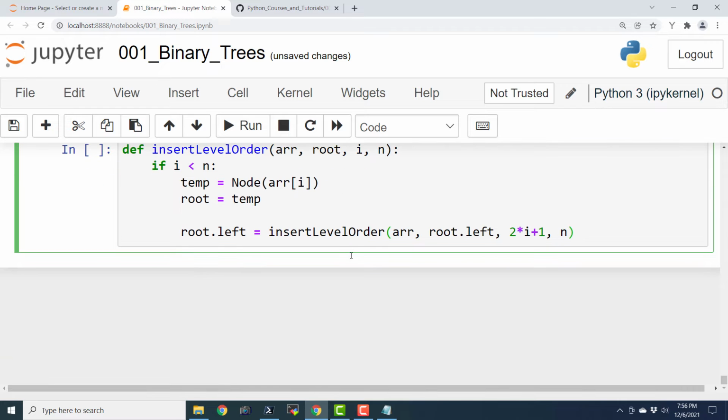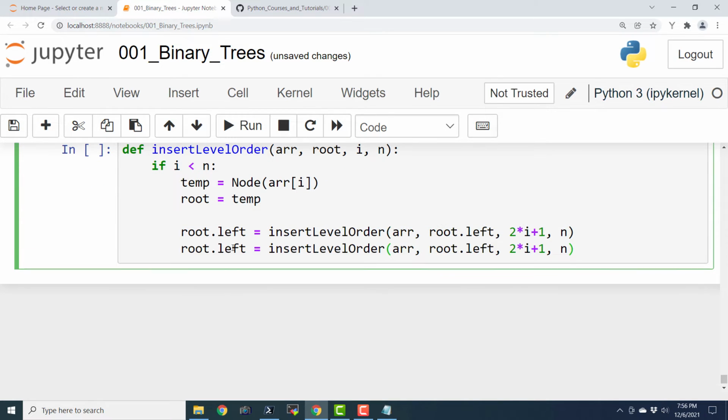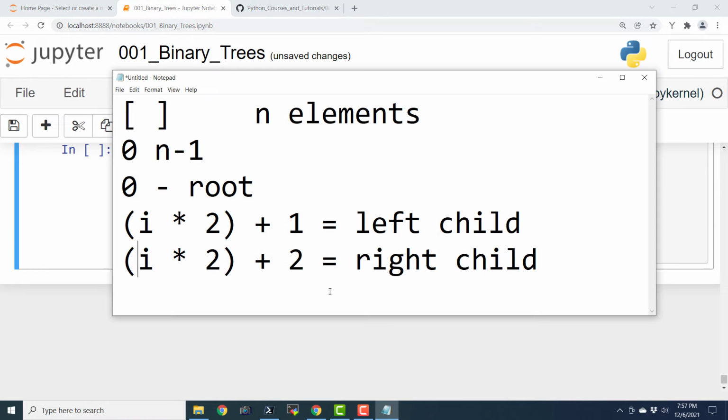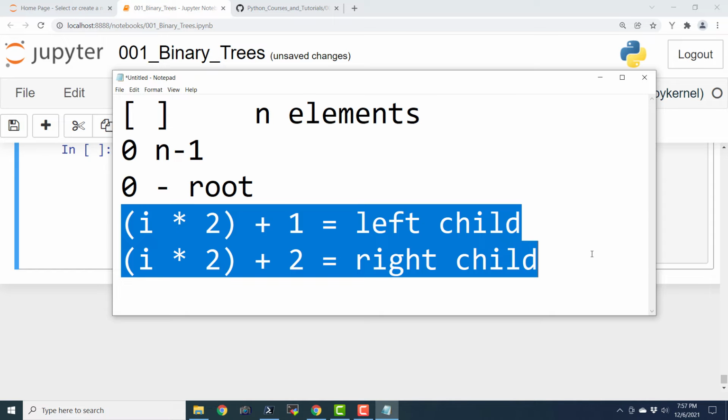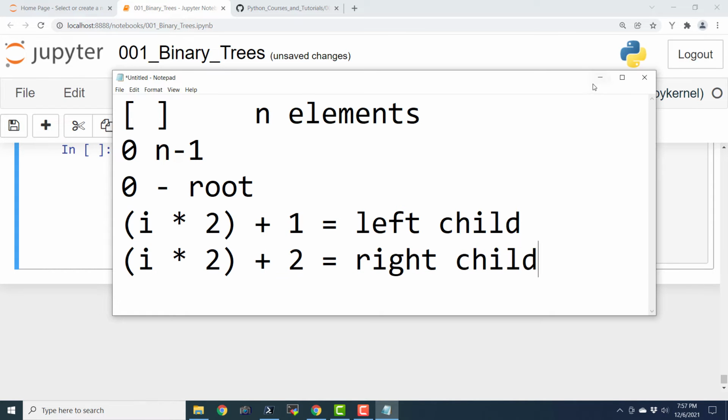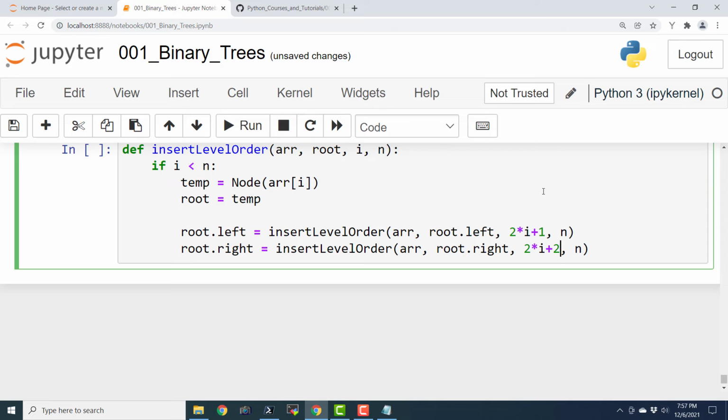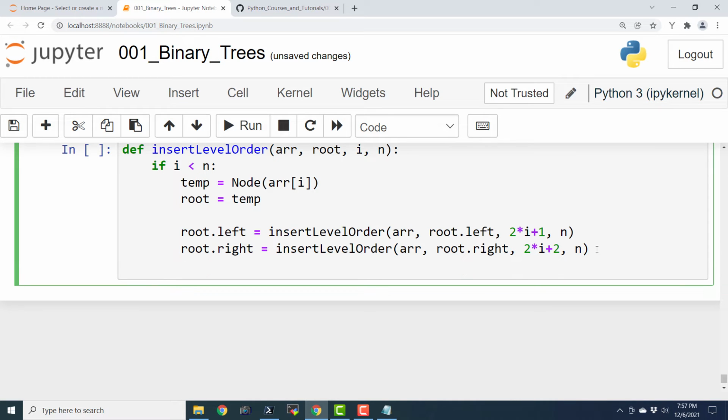Let us copy this and let us say right is root dot right and here plus 2. So this satisfies the formulae that we have seen for left child and right child. And that's it. I guess we can just have the return statement now. I will just say return root.